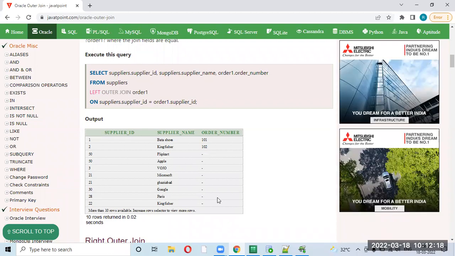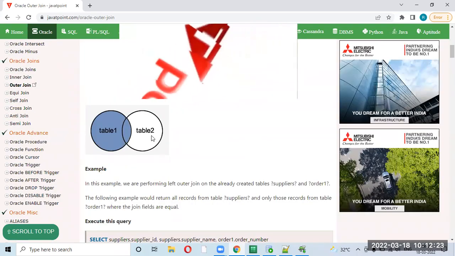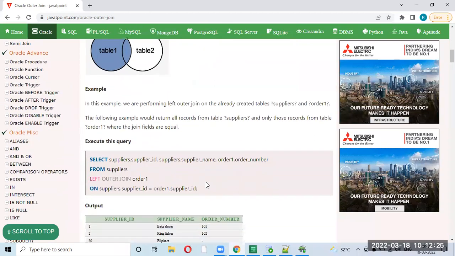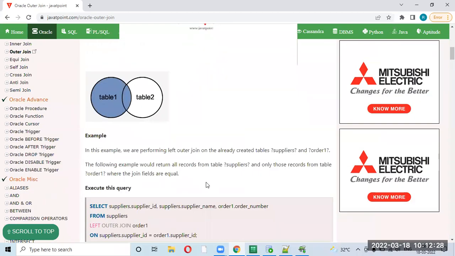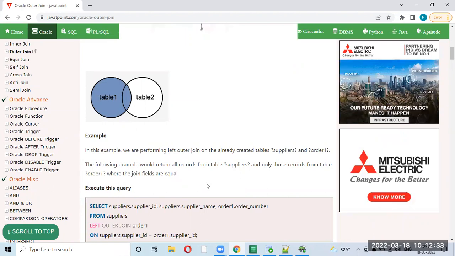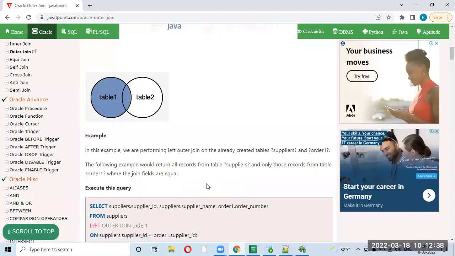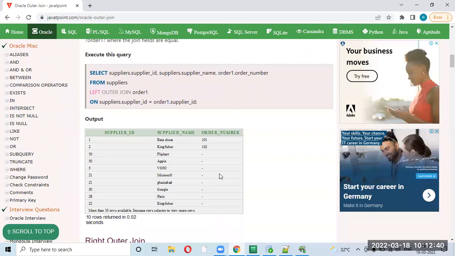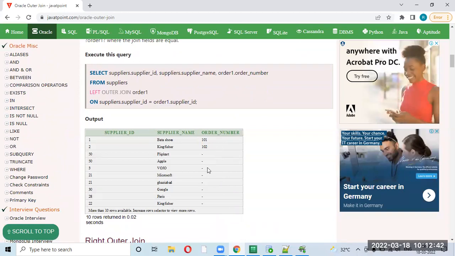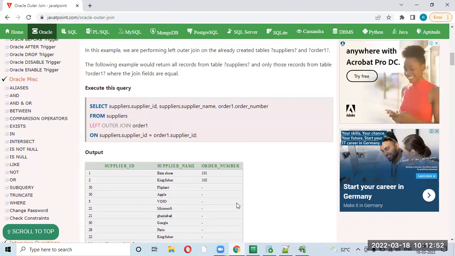So what you said is absolutely correct, but if there is an unmatched record, you will get null values in the right table. It makes sense, because there is no order ID, but still you are displaying that column, so if nothing is there, null is there. That is how it works.